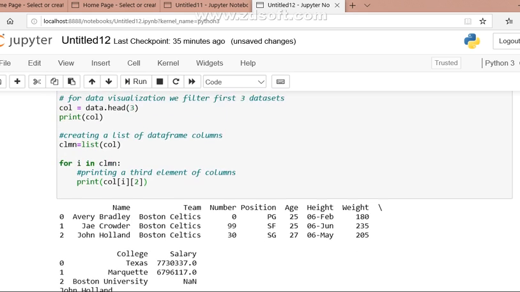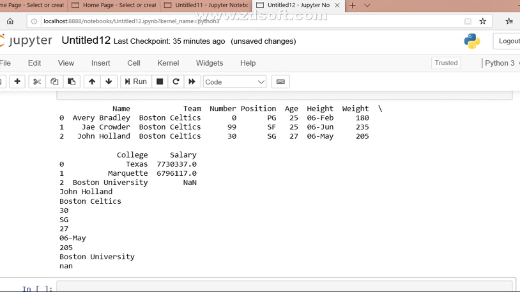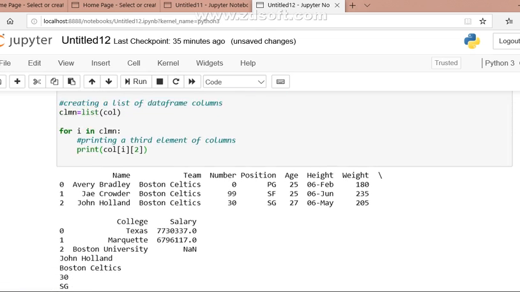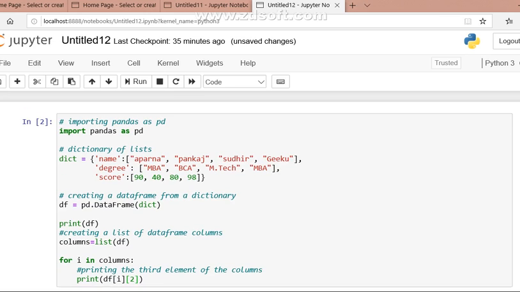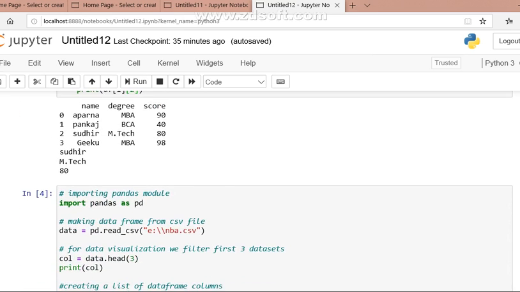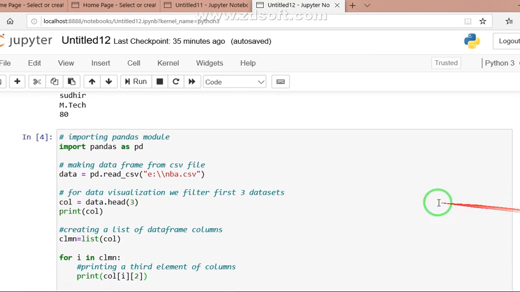So all the concepts are very interrelated, so you should have a very close look at all the things that we have gone through. So if I summarize, first we created a data frame. Then we used a function for creating a list of data frame columns, converted the data frame into columns, then printed the third element of the data frame. And then the same operation we applied on the file. First we imported a file, then we displayed the first 3 rows.